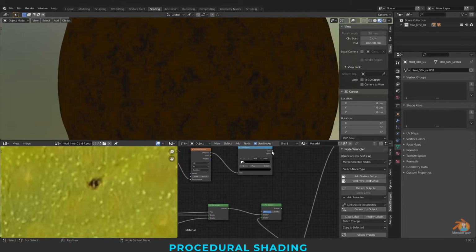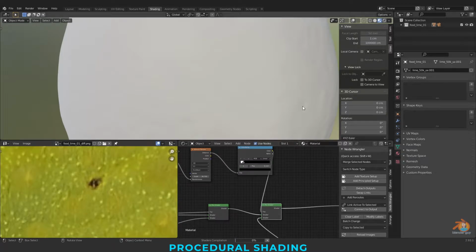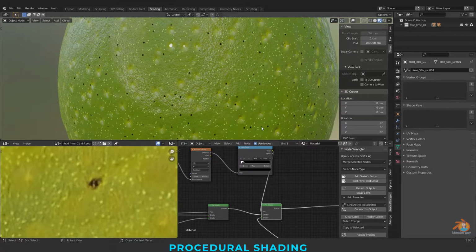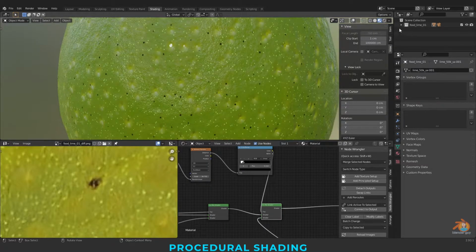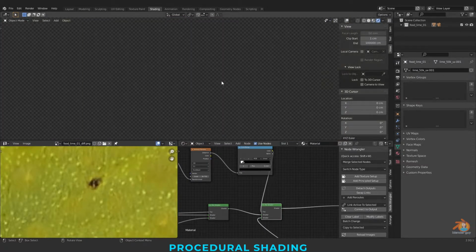and this gradient as our mask. So we can see our black dots. Let's view it in our render view.